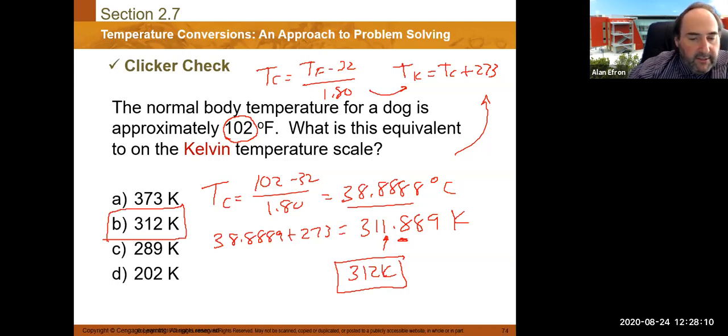Any questions on that? And again, like I said, probably outside of chapter 2, you won't see too much of Fahrenheit